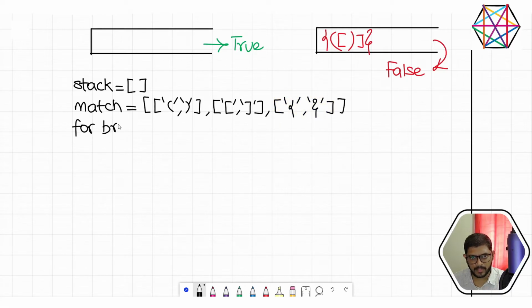For bracket in the given string s, we know that a string is iterable, right? So we are using a for loop, and bracket is the name that we are giving for the character that is currently being scanned. We are going to append this particular bracket into our stack. Stack.append